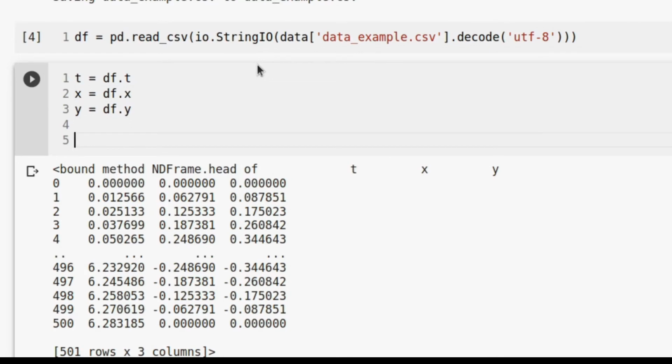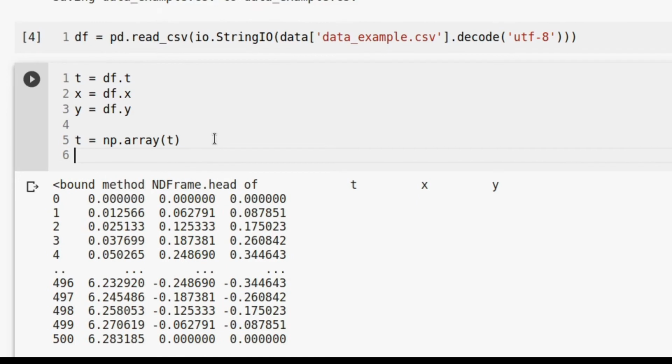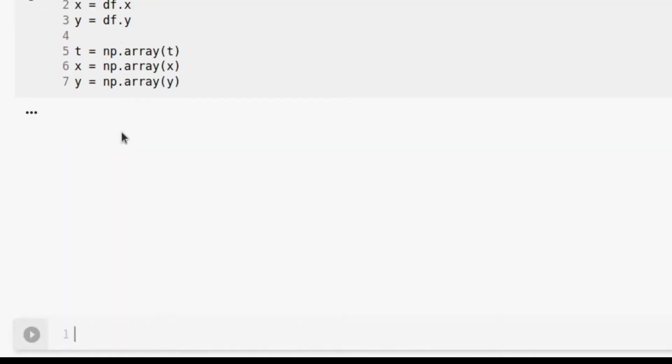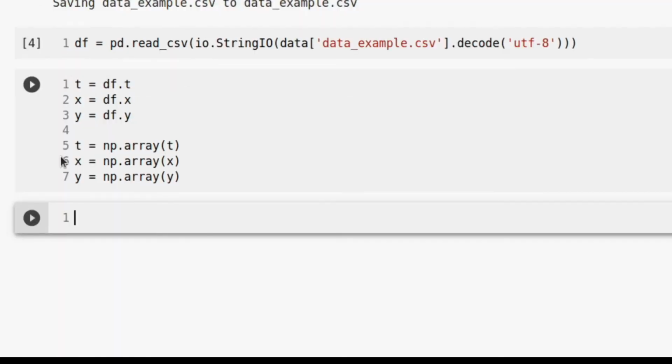Now to convert those from columns of a data frame, which is just another data structure from this library, into Python arrays that we've seen before, I'm going to say T equals np.array of T. And we'll do the same thing for X and Y. We'll execute this block with a Shift-Enter, which both executes the block and creates a new cell in this notebook. I'm curious what T looks like, so I'm going to type T just to echo its value for a second,